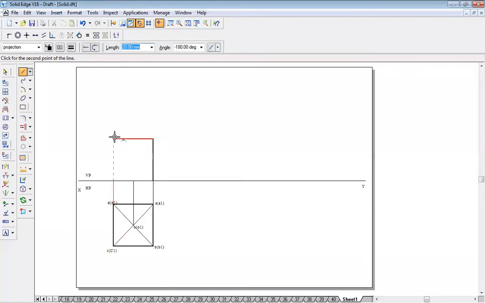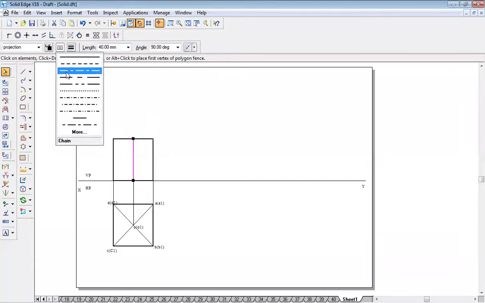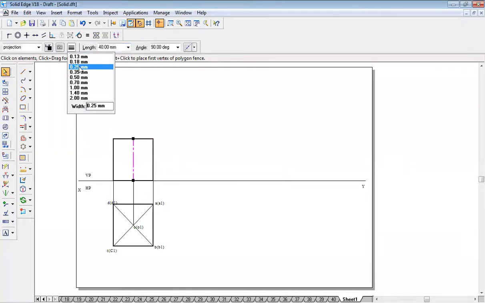Okay. So split the lines as I have said you people to do it. Split the lines here like this. So it is easy for you to complete the problem. This is axis line style. So from here to here, this is axis line. Okay. Axis line, third line style. Let it make it light.